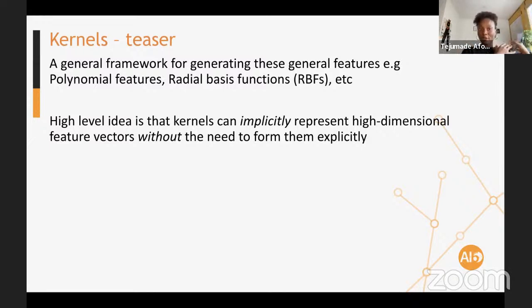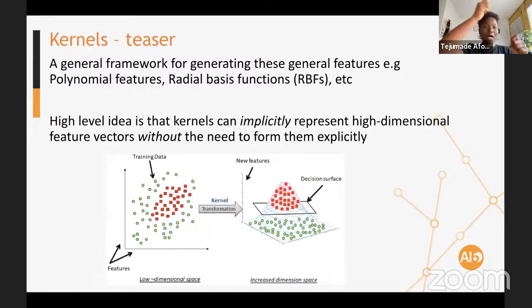So the polynomial features that we've been talking about can be formalized in a way that you can have any degree of polynomial, and you're still able to implicitly learn it, or even make it explicit. So kernels would implicitly help you represent some high-dimensional feature without you needing to write them out one by one.